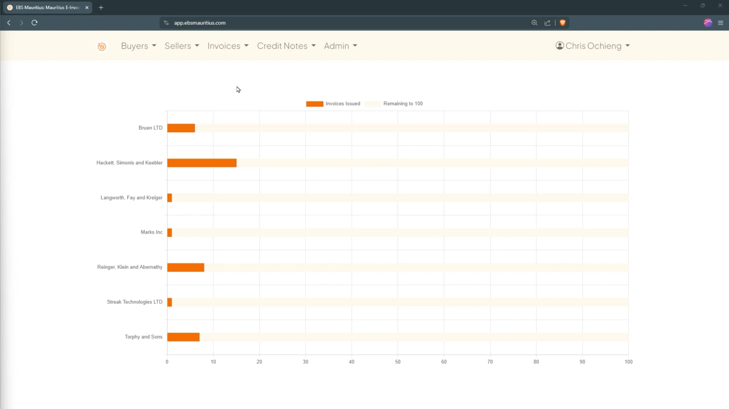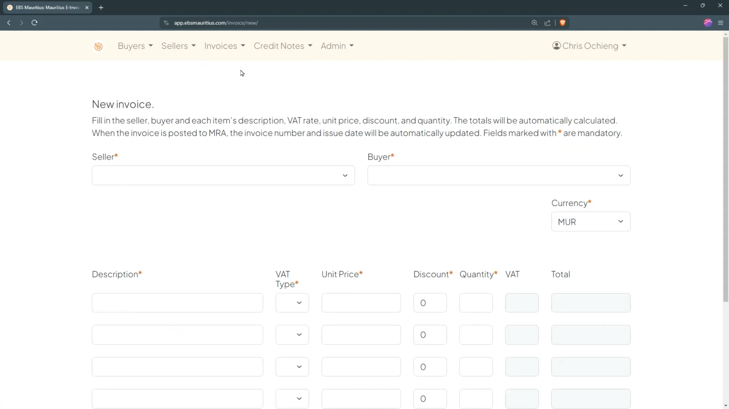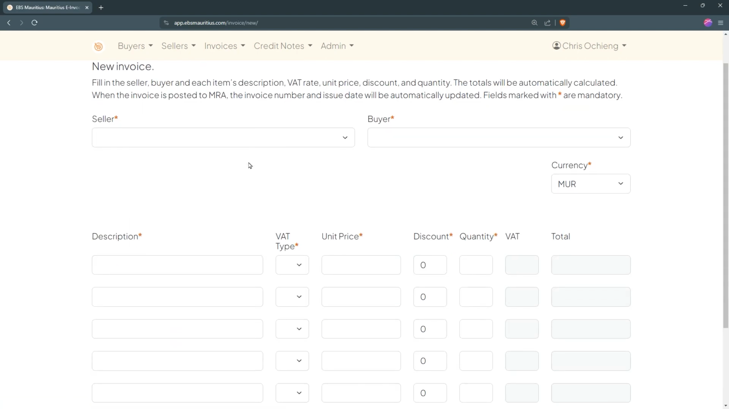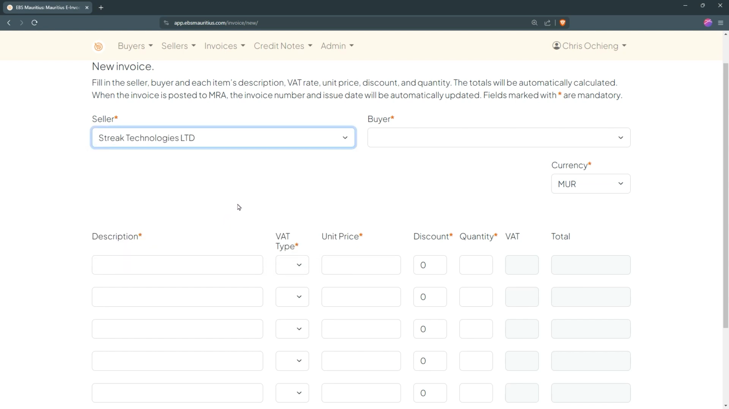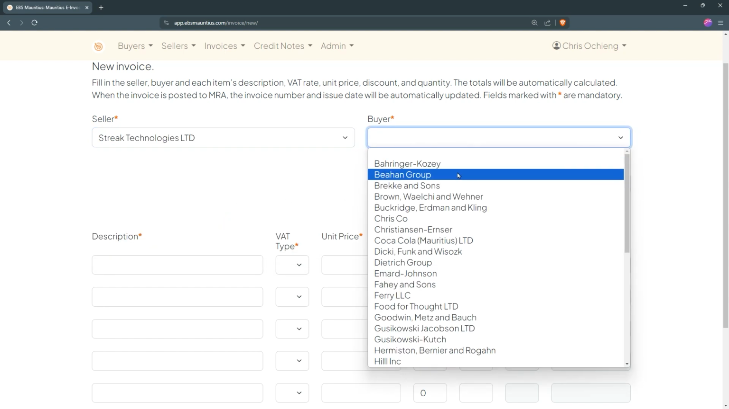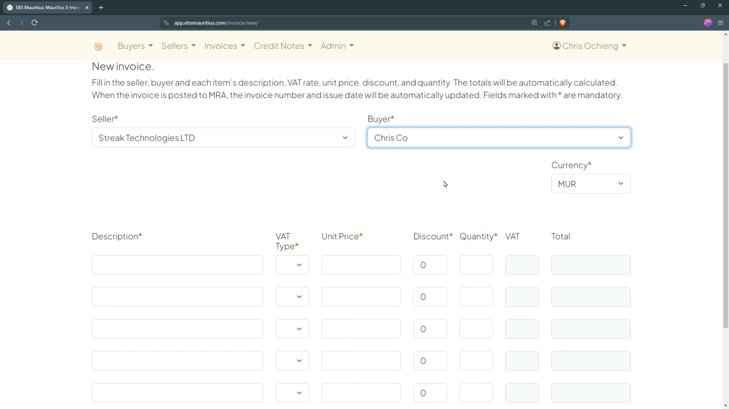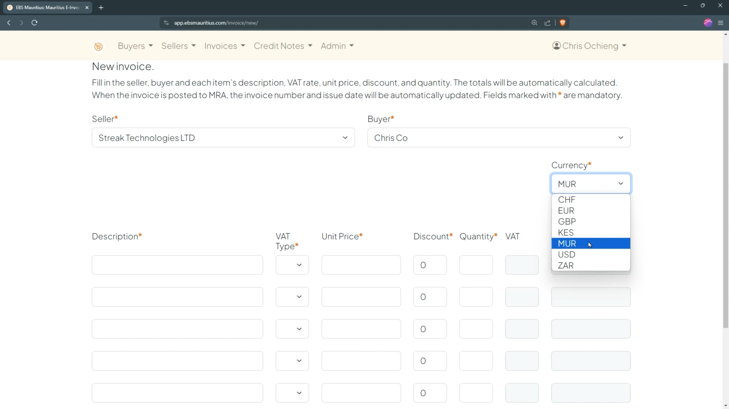To create an invoice, click on the Invoices menu at the top of the screen, then click New Invoice. This will open the New Invoice screen. Select the required seller and buyer for this invoice. These sellers and buyers will come from the ones that were created or imported into ebsmauritius.com as described in our previous videos. Please note that the seller and buyer must be active to appear on this drop-down as indicated in